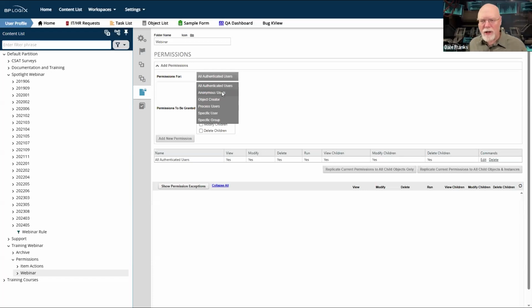I have a form in Process Director. I want to link it via URL to a website that is accessible to my customers or the public or what have you. And from that website, I would provide them a link to a form which allows anonymous users to run that form, and they can then open the form up and submit it. Commonly, it's for customers. Customers are not really part of your Process Director system in most cases. But still, you might want them to be able to submit forms.